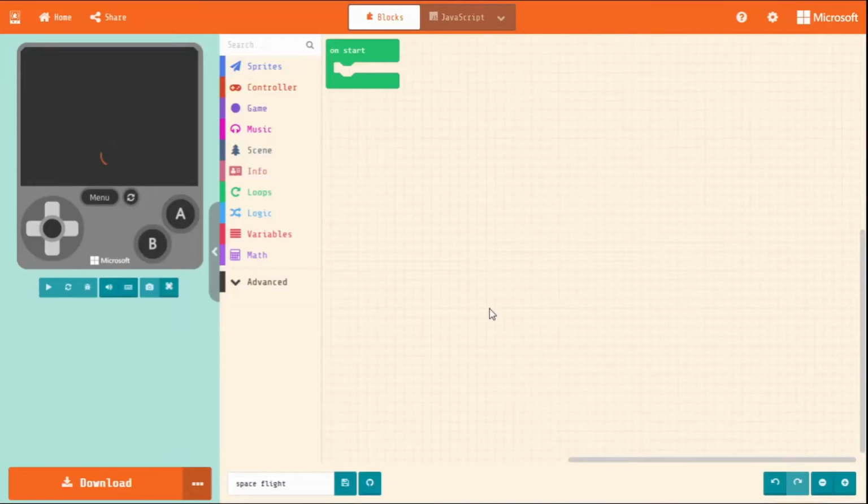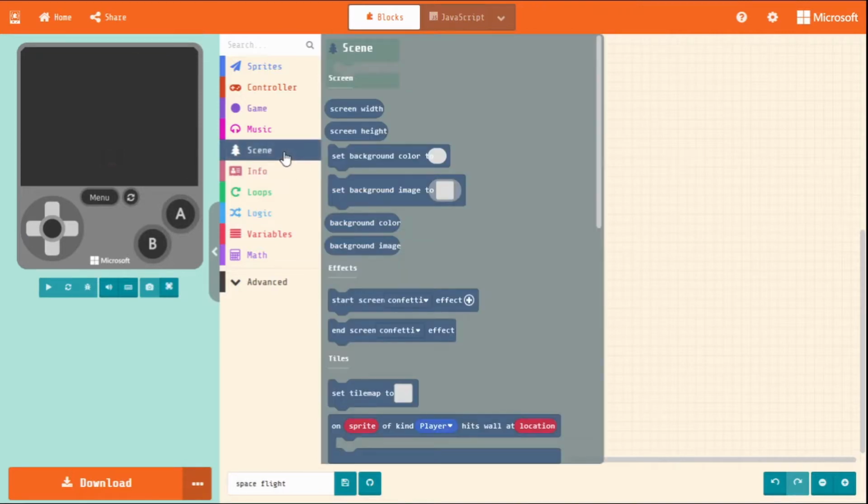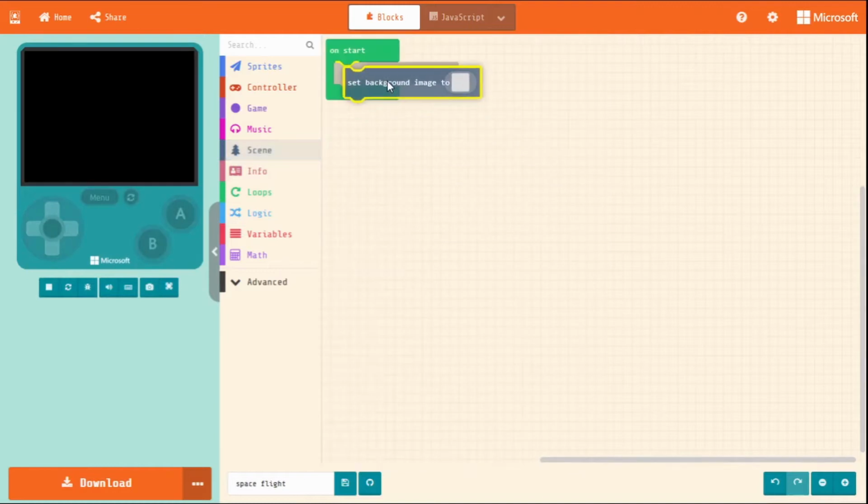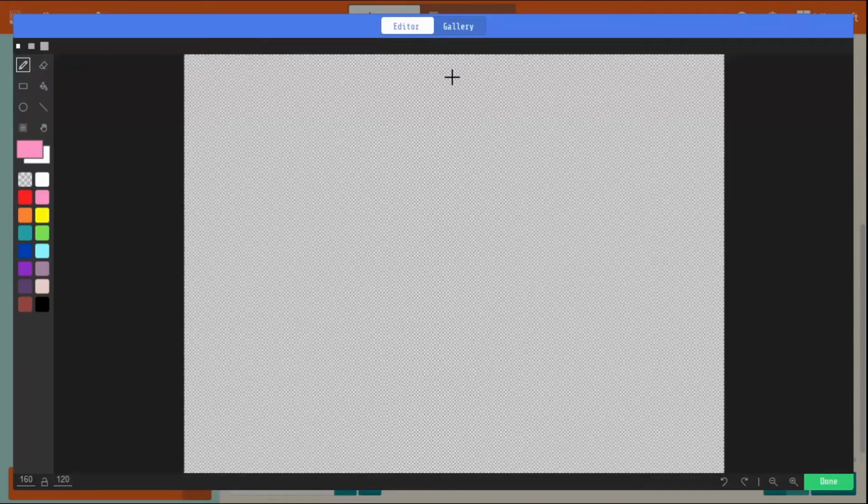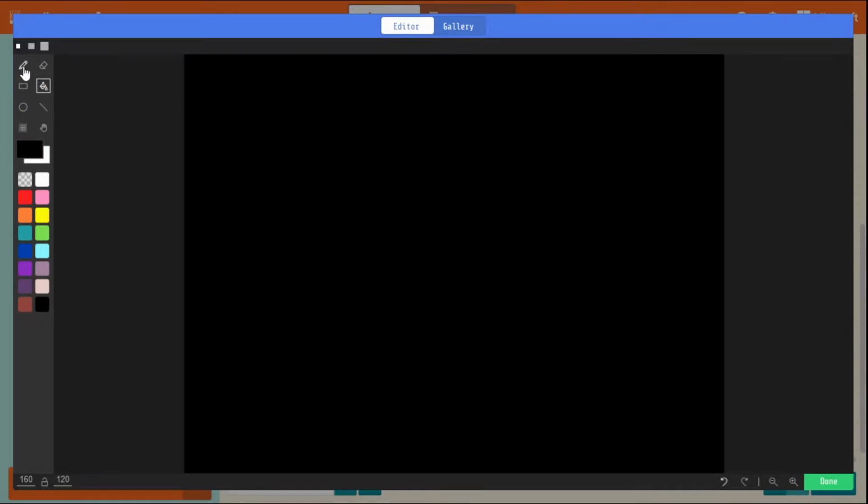And so the first thing we're going to want to do is just set a simple background image. So go into the Scene drawer and grab the Set Background Image block. Drag that into the On Start block, and then click the blank square to bring up the editor. And I'm just going to quickly make a simple space background, so we'll fill it in with black, and then we'll add in some white stars